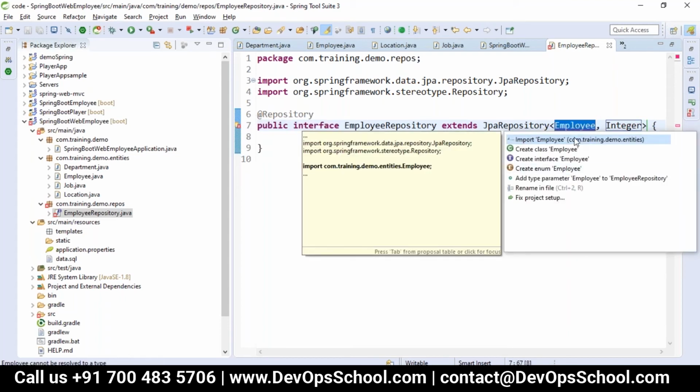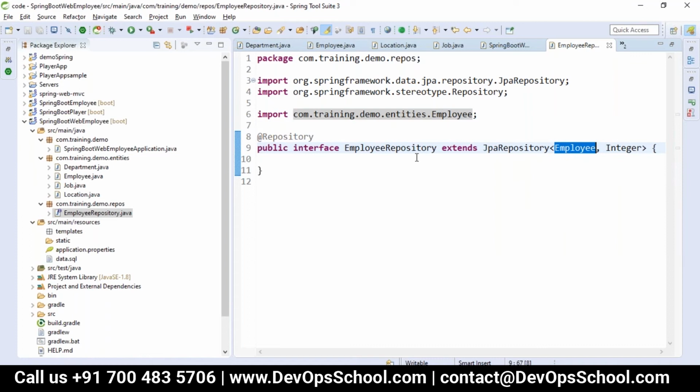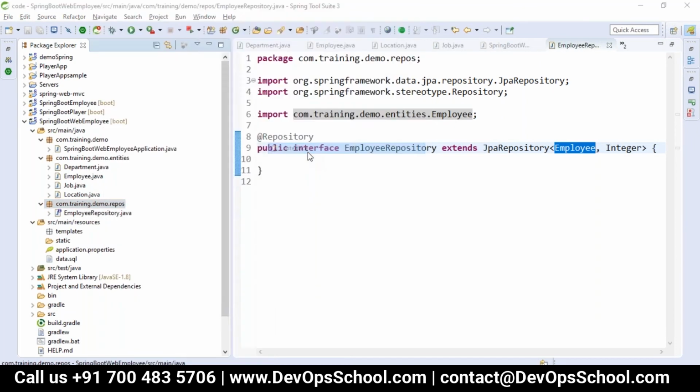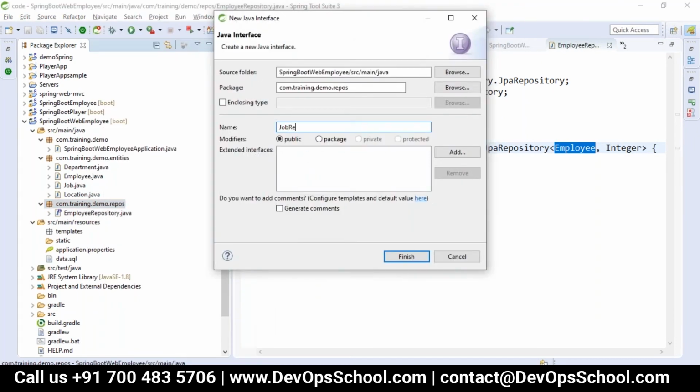In the same way, for whatever other repositories you want to create, we'll make another interface, which is job repository.